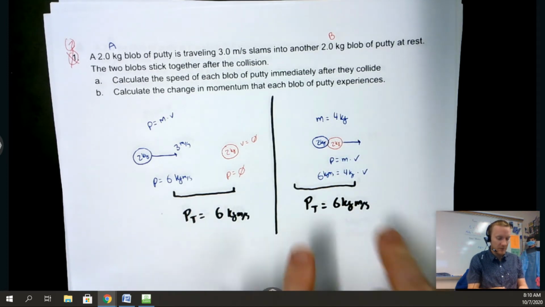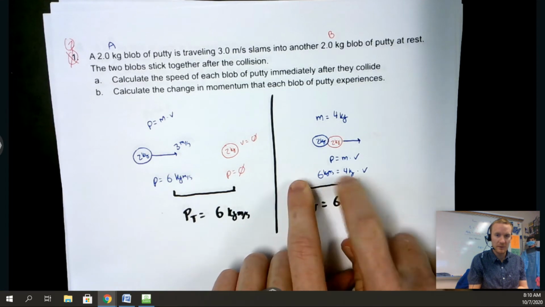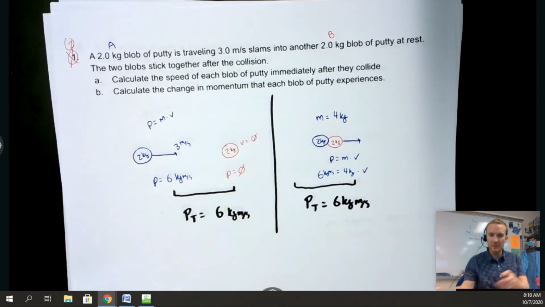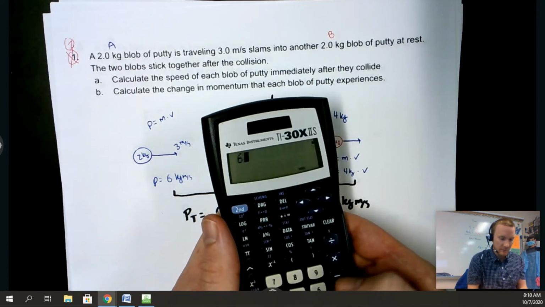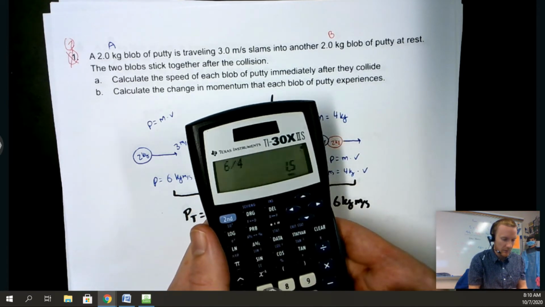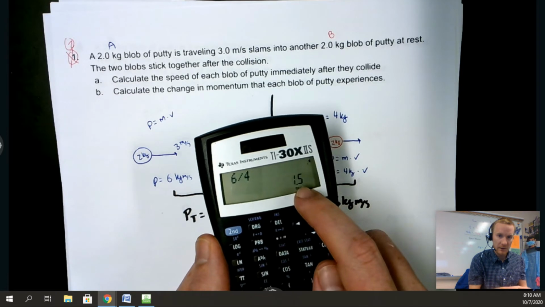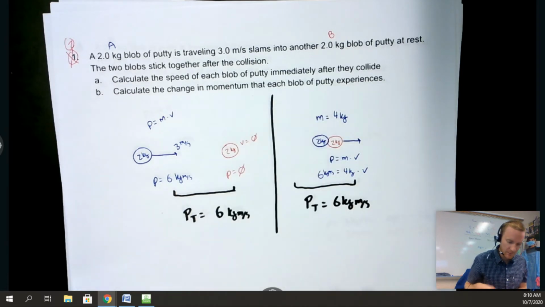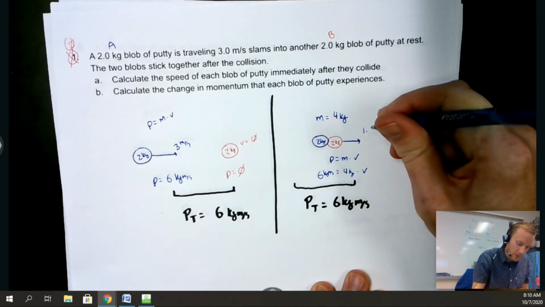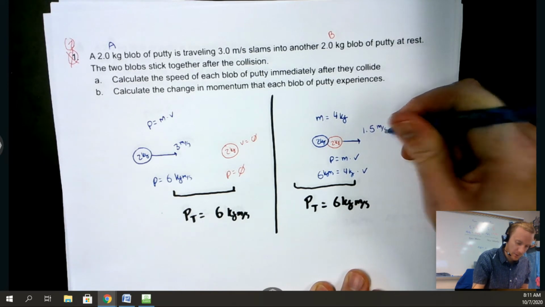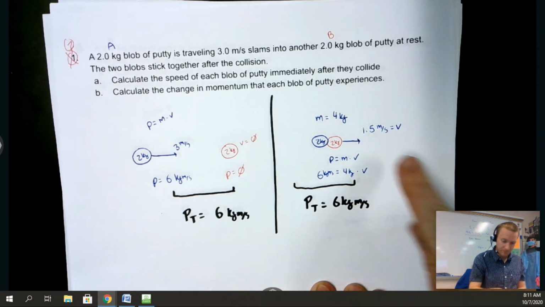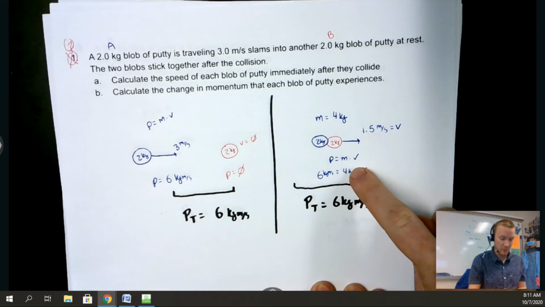Okay, so we had to figure out what times 4 gives us 6. Okay, so if we divide both sides by 4, we can figure that out. Here we go. So 6 divided by 4 is 1.5. Okay, 1.5, and that would be our velocity. Right, so 1.5 meters per second is the velocity, because that's the only thing that we can multiply by 4